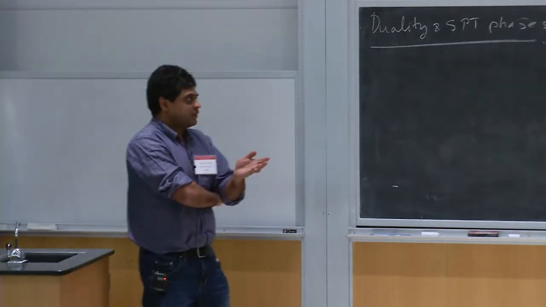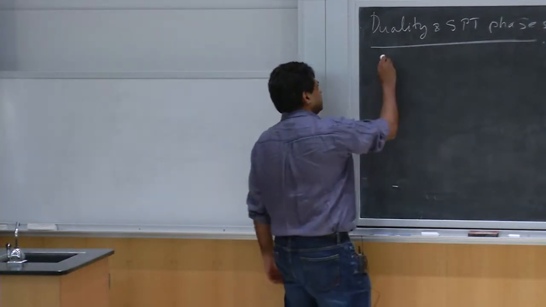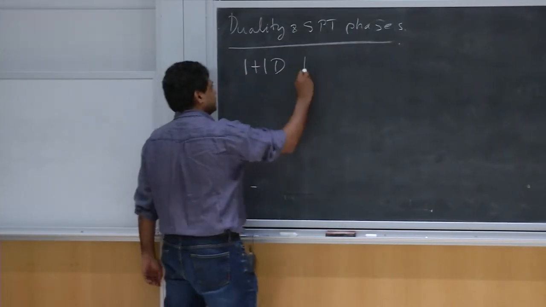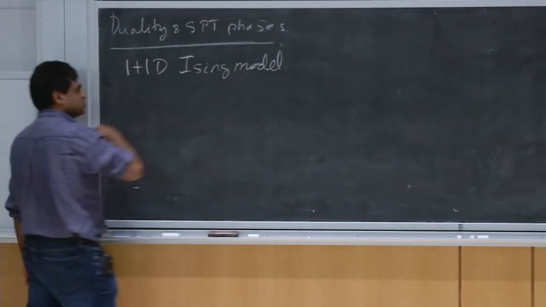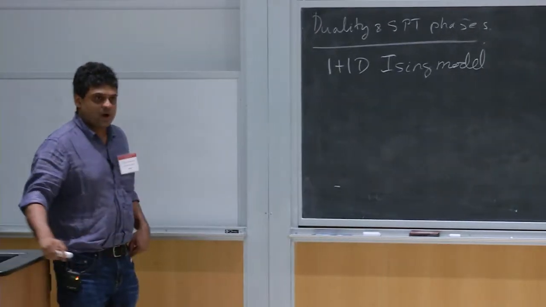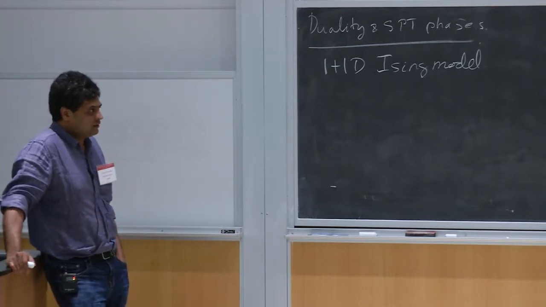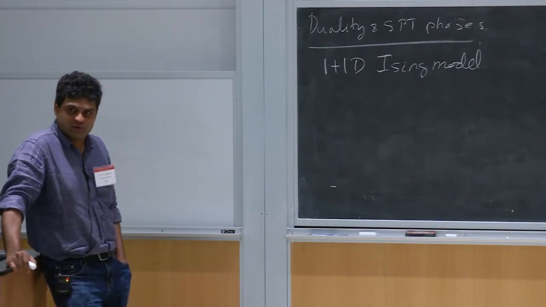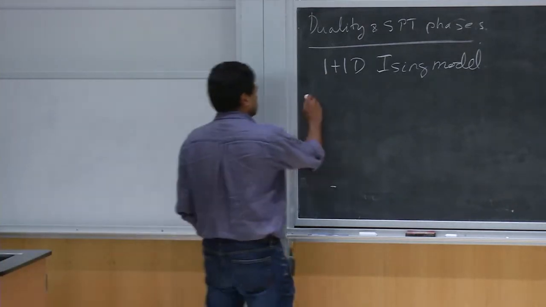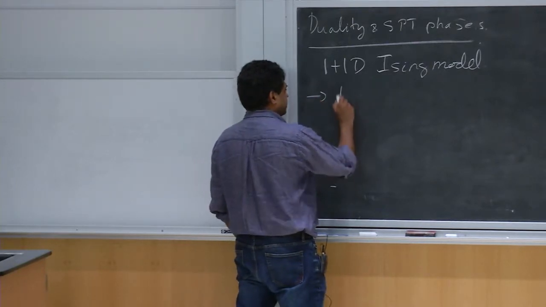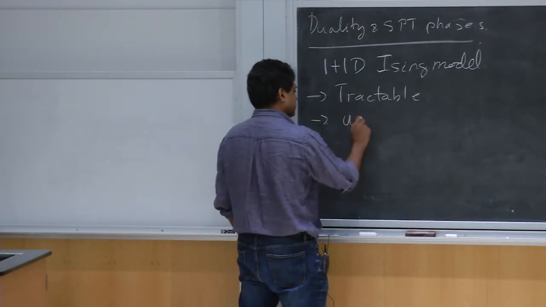Okay. So what I'll do is to make all of this very explicit. The plan is to do this in detail for a very simple model, a quantum Ising model. So we'll be in 1 + 1 dimension, and I'll discuss the dualities of this Ising model. And over here you will very clearly see that we can implement these dualities. Often we can do it exactly. It'll be very tractable, and it'll also be very clear why it's useful.